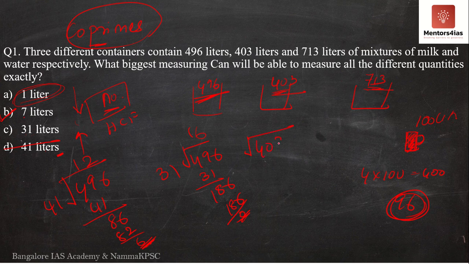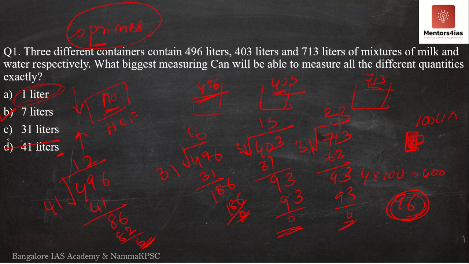I'll take the next number. 31. 1s are 31. 9, 3. So this is 3. I'll try multiplying it by 3 itself. So 3 3s are 9. Okay, again divisible. So 403 is also divisible. One last is 713. I have 31. I can try with 2 times, twice. So 2, 6, I get 93. Okay, again 93 is divisible. Okay. So 31 can divide 496, 403 and 713.